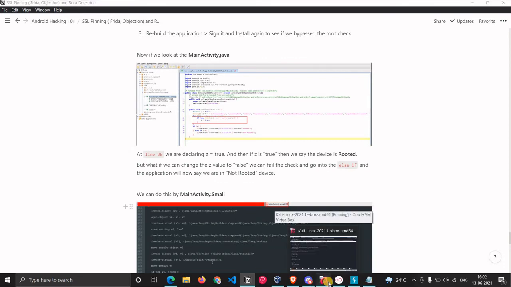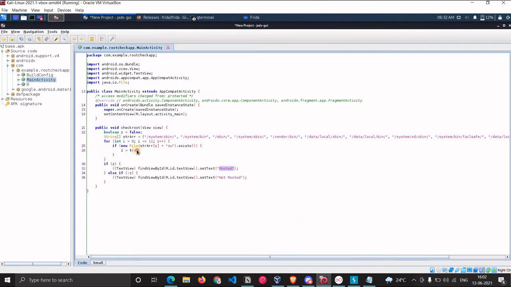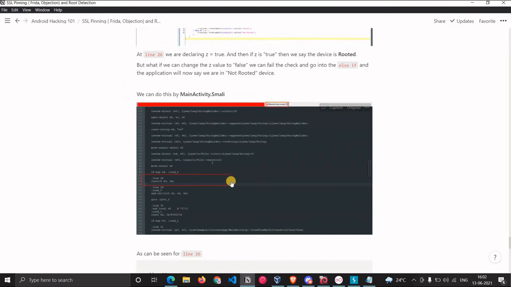As I said, if you look at line 26, you can see that z is declared as true, so we are saying that it is rooted.